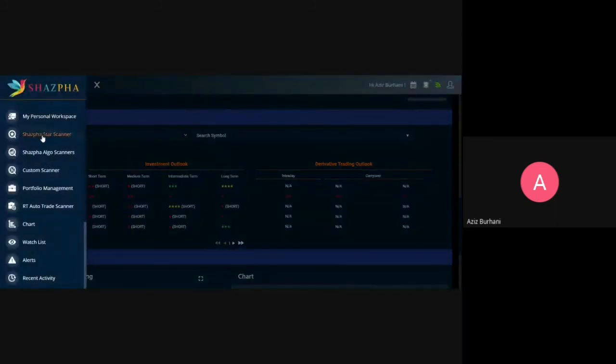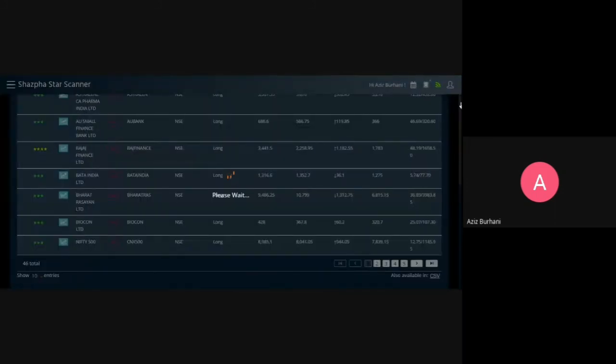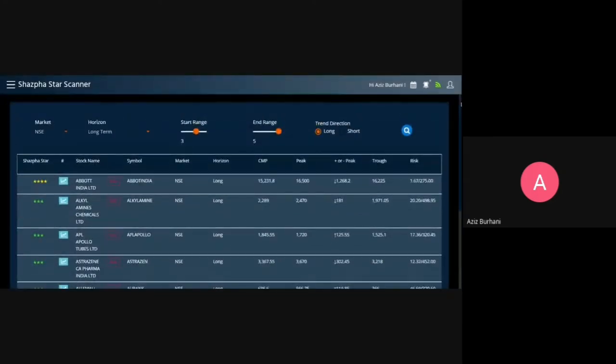And then we go to SHASPA Star Scanner. As we had discussed, it is the most powerful tool for long-term investors, probably more powerful than hiring 4 portfolio managers for yourself, or hiring 10 portfolio managers for yourself. The kind of analysis that 10 portfolio managers or fund managers will not be able to do for you, the SHASPA Star Scanner will do in a matter of seconds, sometimes in microseconds or milliseconds.